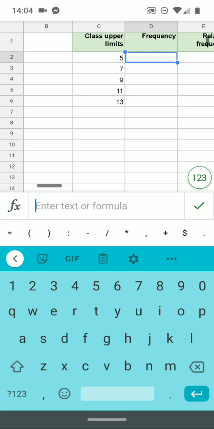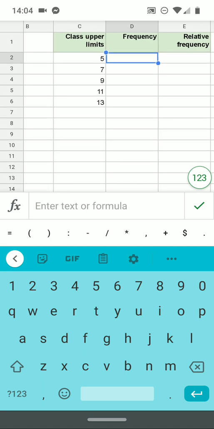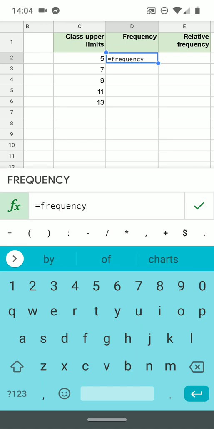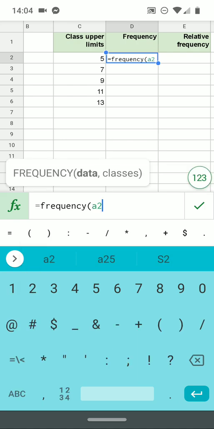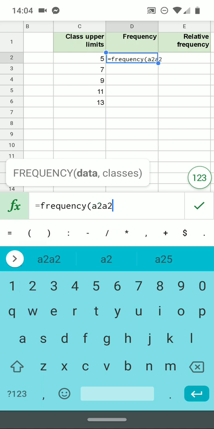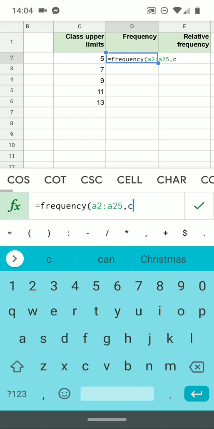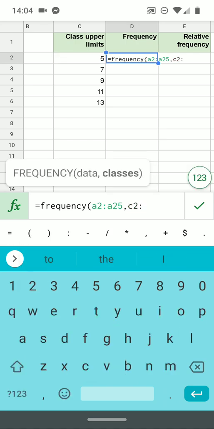The frequency function works a little differently on an app. We do not pre-select the cells as we would on a spreadsheet on a desktop. I'll type in the frequency function, open parenthesis, and I'll give it the data range first, A2 to A25. And I'll give it the class upper limit range. They're in C2 to C6. And I'll close the parenthesis,